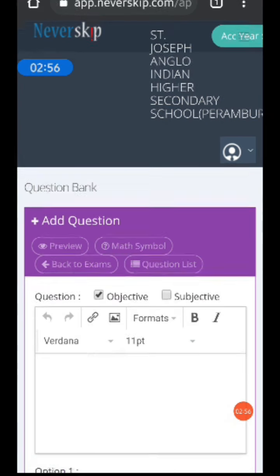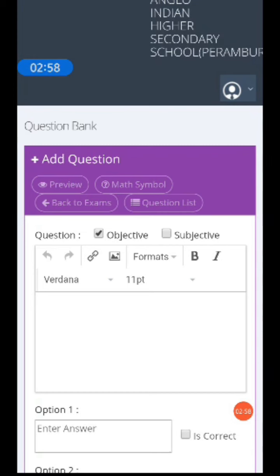So when you go to add questions, right below the purple column, you have the objective type and subjective type. Teachers, you are much aware of doing objective type questions for your children. So you can use your math symbols, the images, the link, and you are much familiar with it. You have had hands-on training on it. So let us move on to the subjective type question.